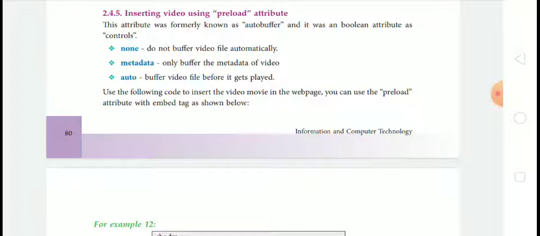Use the following code to insert the video movie in the web page. You can use the preload attribute with the embed tag as shown below.